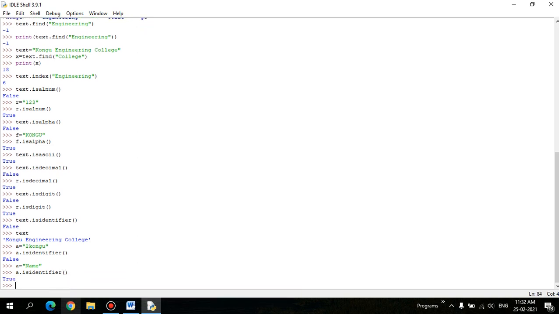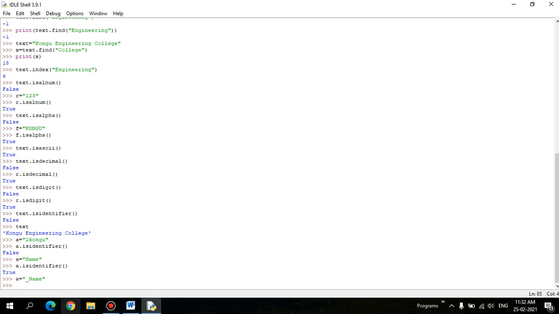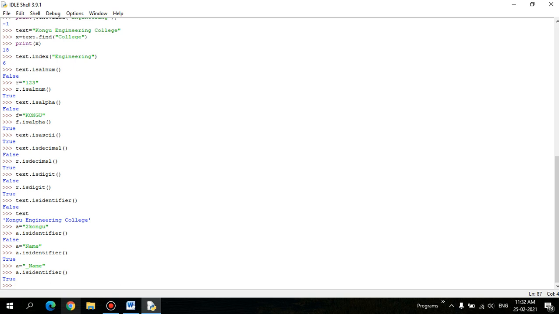It returns true, right? So instead a equal to, let's take, I'm going to start with an underscore, a dot isidentifier. It is true. This is also permitted, but it should not start with, let's take, 2 underscore name, because in Python we all know that it should not start with a numerical value, right? Okay, let's go for some other, and space is also not permitted, right?